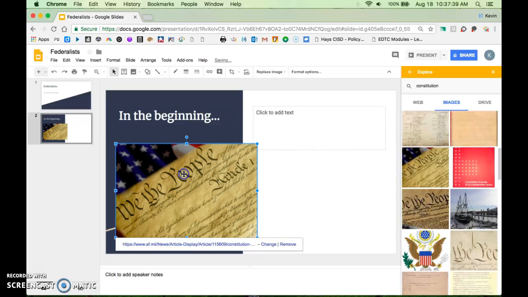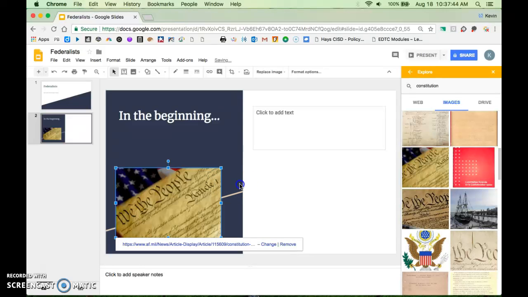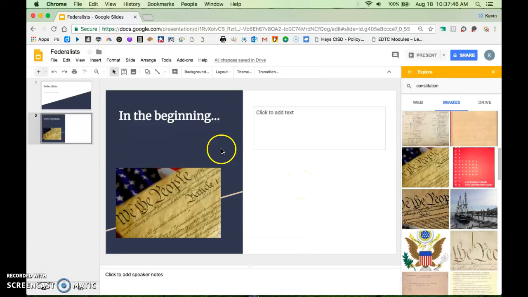Once I add it to the slide, I can move it wherever I want. If I want to resize it, I can just grab the corners and make it a little bit smaller. Okay, so that's how to insert an image. I can insert here, or I can again